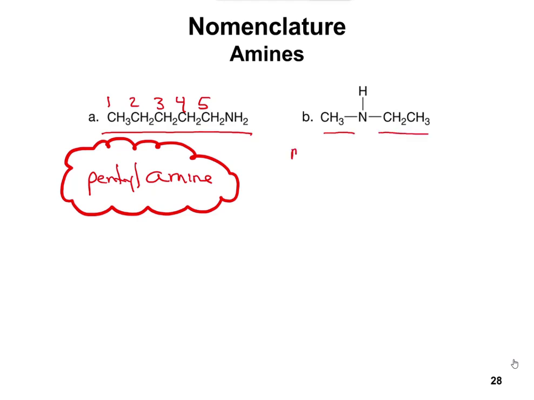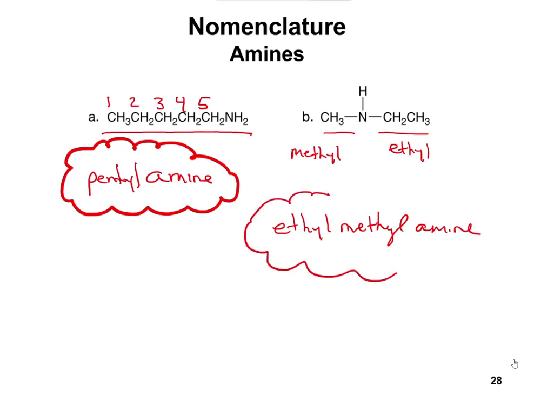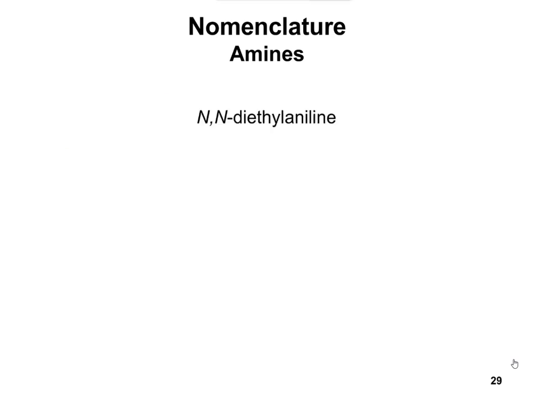All right, so part B here, we actually have 2 substituents. We have a methyl group here. We have an ethyl group over here. Whenever we have 2 substituents, we're going to alphabetize them. So this one would be ethyl, methyl, amine. So ethylmethylamine would be the second one. All right, and then finally for amines on this one,